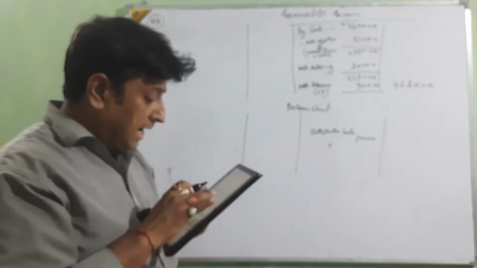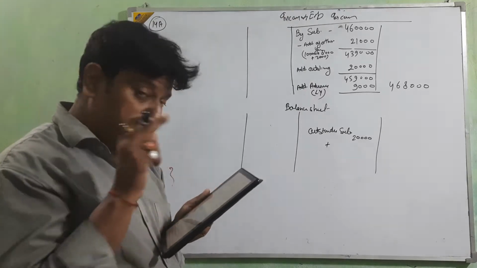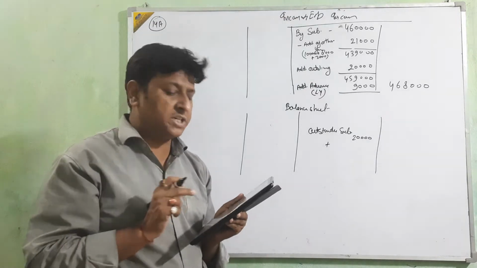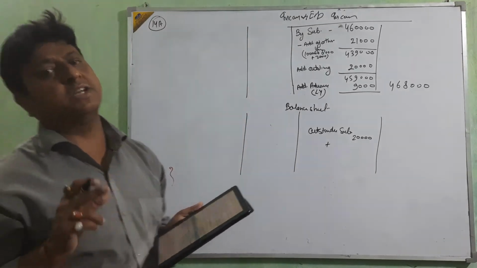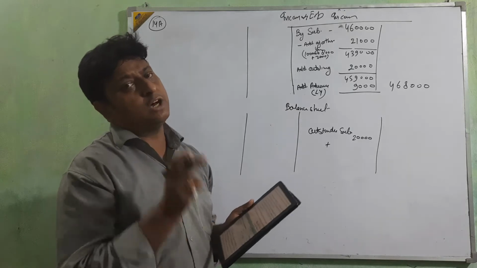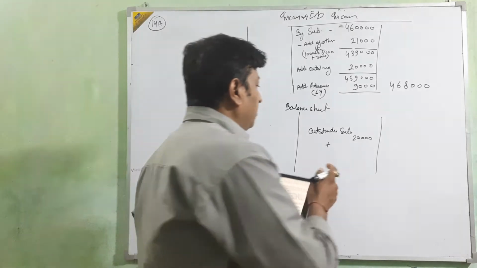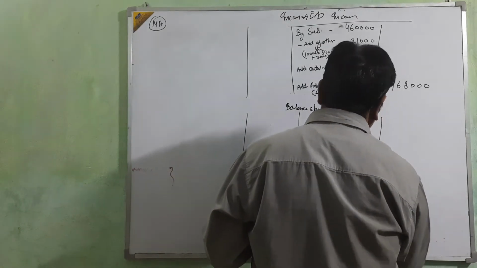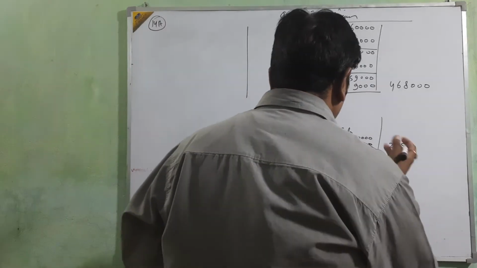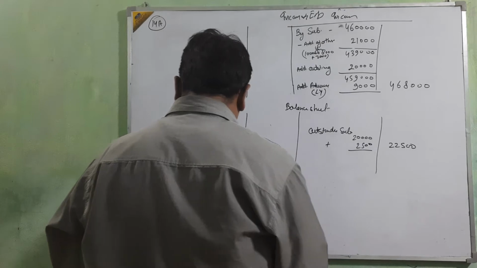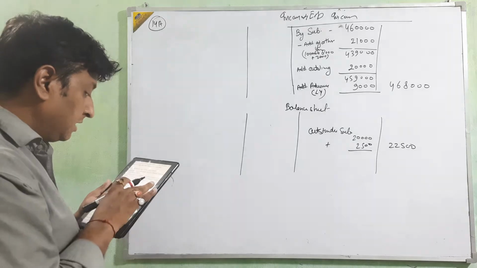Okay, beta. And in these arrears, just see where 4,60,000 was given, 10,000 we received. It means out of this 12,500 only 10,000 we received for last year. It means 2,500 arrears for last year is still going on. So that amount will be added here, 2,500, and the total is 22,500 on this side.